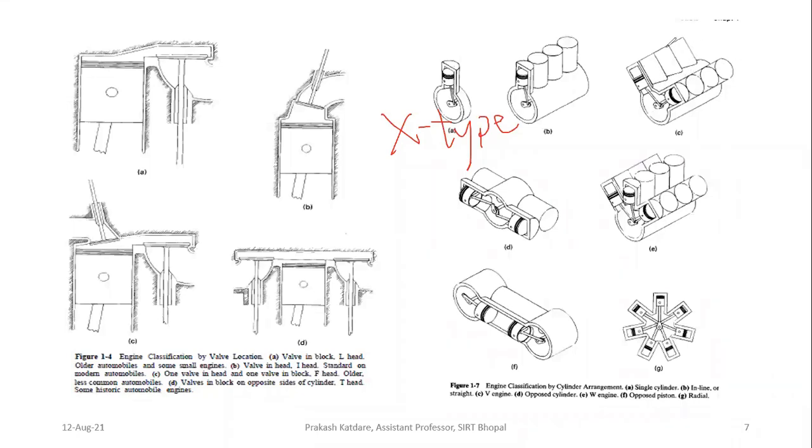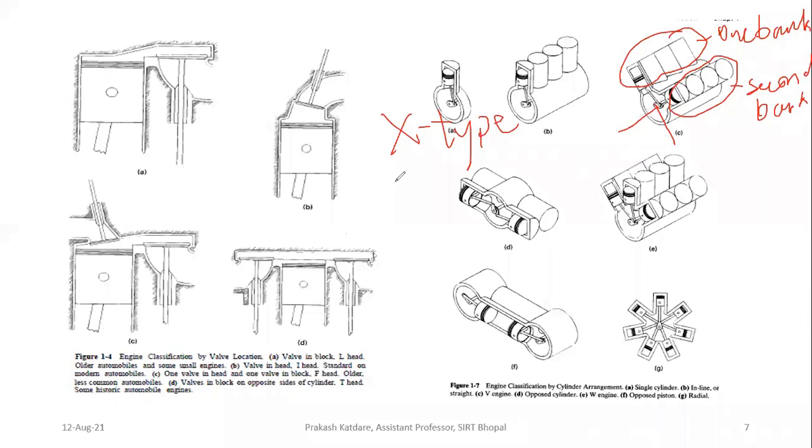Here we are having 2 banks. 2 banks means this one portion, one side of the V, is known as one bank. This other portion is our second bank of cylinders. What is done in case of H type? We attach one more V in the downward direction. So it is basically a variation of V type, which has 4 banks of cylinders and a single camshaft. Not very common nowadays.